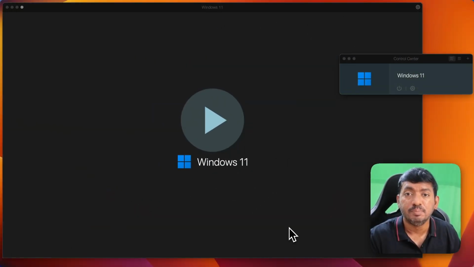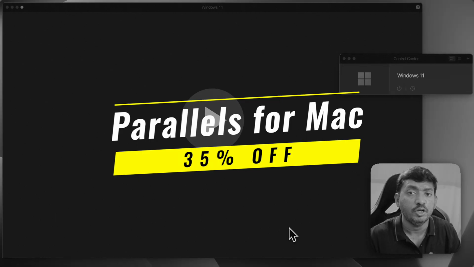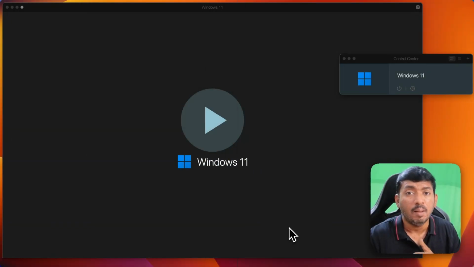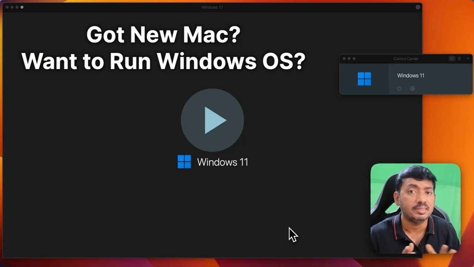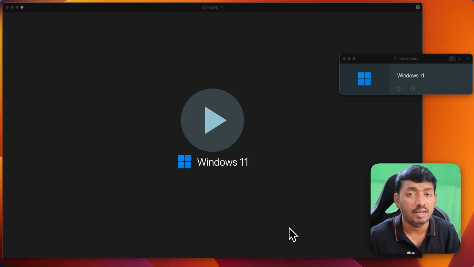Parallels offers a simple solution to run Windows inside a Mac computer. If you have got a new MacBook Air, MacBook Pro, Mac Mini or iMac with Apple Silicon chipsets like Apple M1 processor or M2, M3 and latest M4 processor, whether it is a new MacBook or a used Mac computer doesn't matter. But the latest Parallels Desktop software brings some interesting new features, and in this episode I'll explain